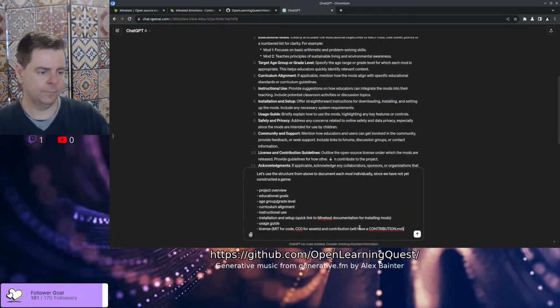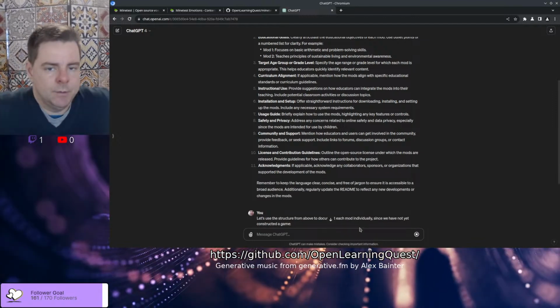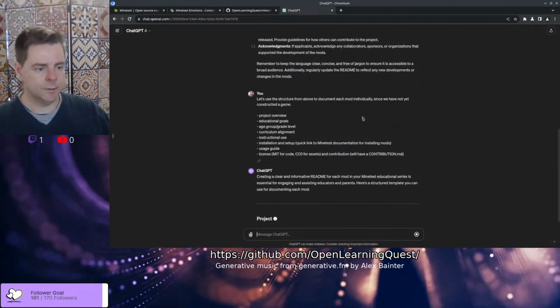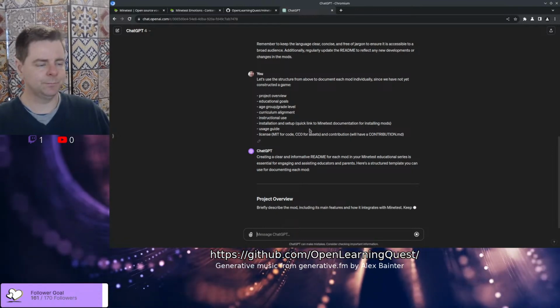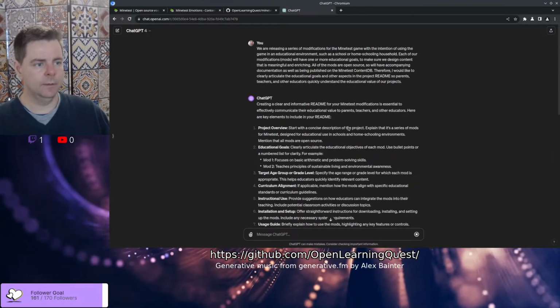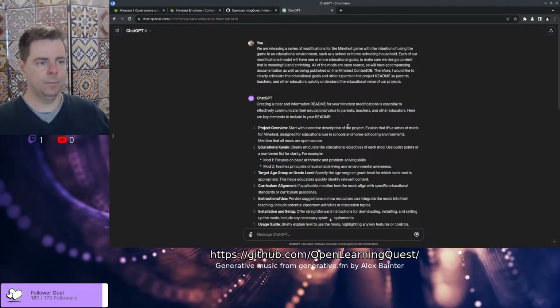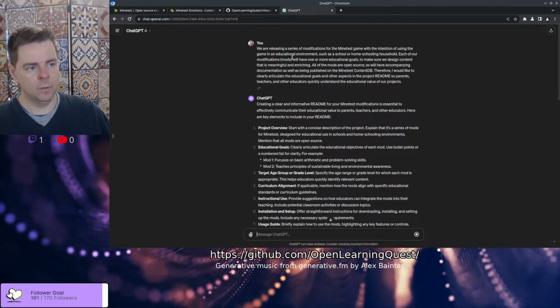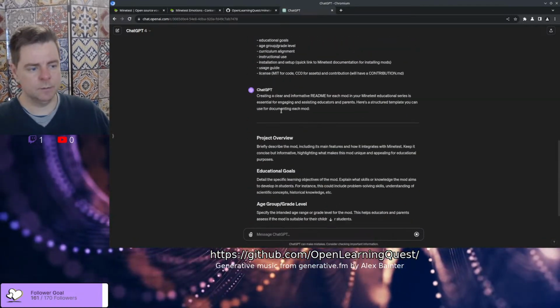So I'm just telling it the structure that we'll use. The way we work with these large language models is it's conversational, and kind of layers into more high-level details.